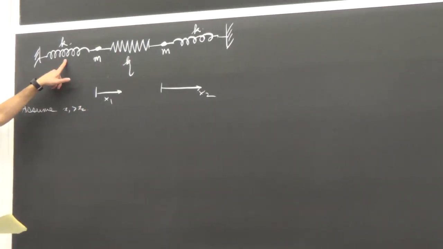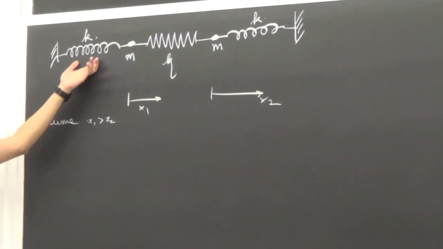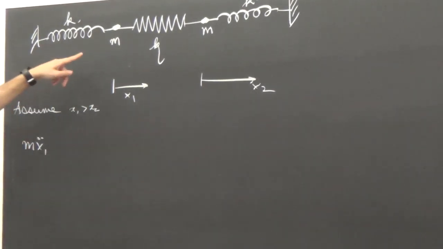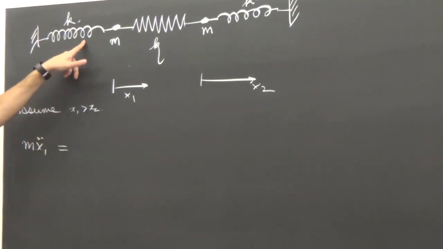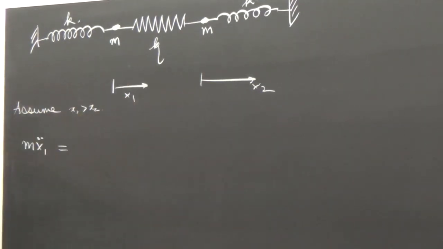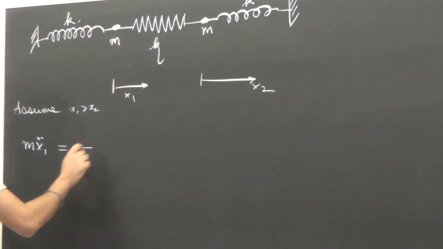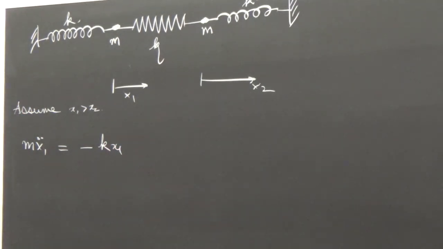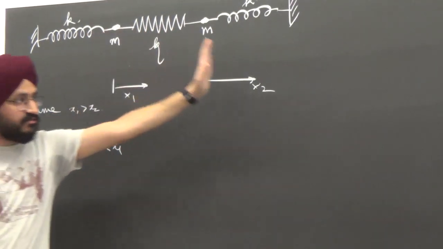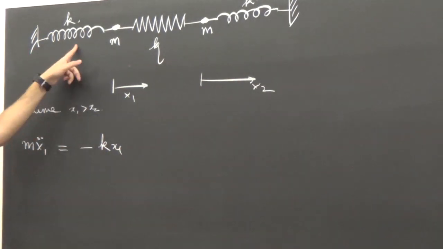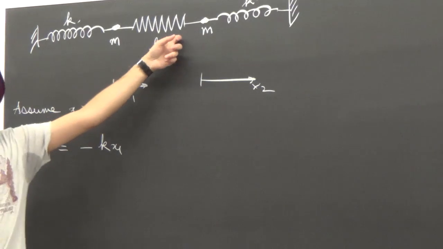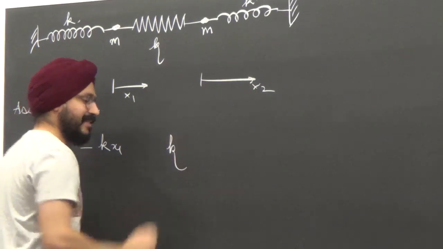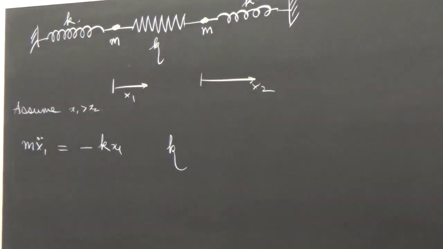So what about spring 1? Is it compressed or elongated? Elongated, right? So m x1 double dot for the first particle. There is a force from the first spring. It's elongated, pulls me to the left. My convention is positive is right, hence minus k x1. x1 is a positive number. It's the extension of the spring. That's the force of the first spring. What's the second spring's force on the first particle? It depends on kappa, of course. That's the easy part, I can give you that. What about the direction first?